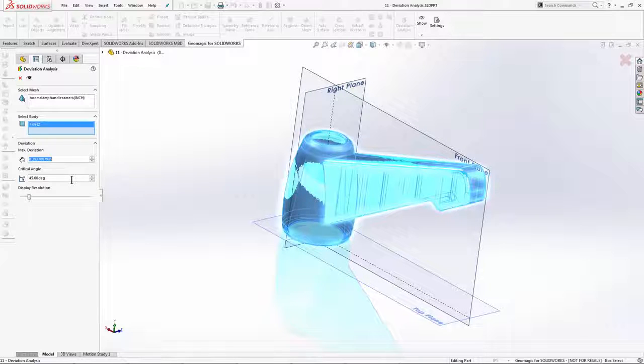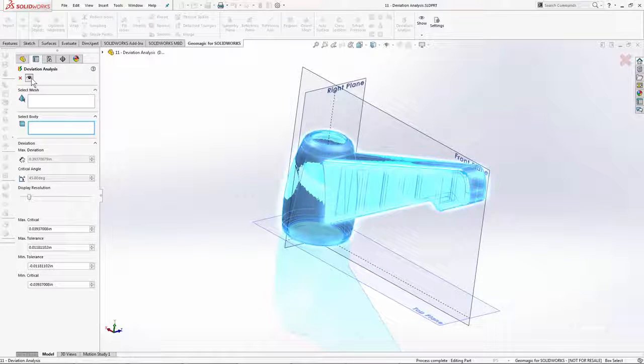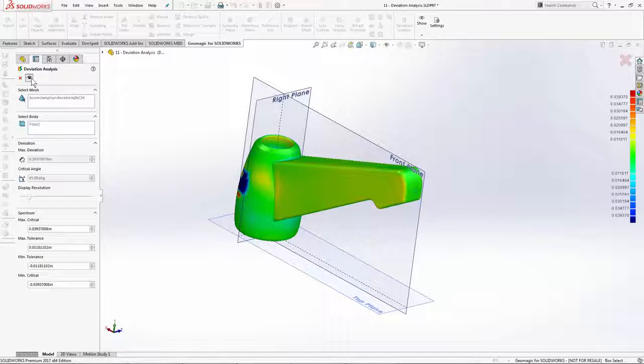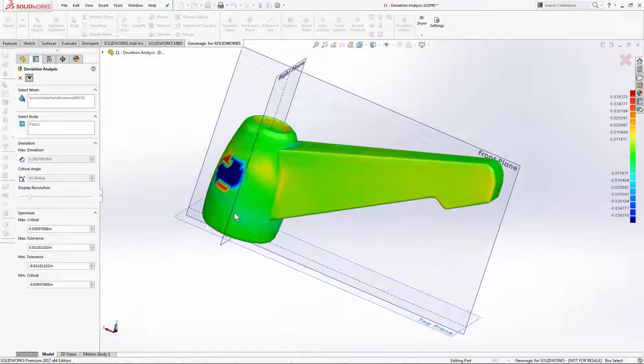When I hit preview, the software is going to take a couple seconds to convert the solid body into something that we can analyze to and show a color map. This color map is going to be hues of red and blue, with green indicating our specified tolerance zone. We can change our color spectrum around in the tool window here, and I can open up my maximum critical to being,